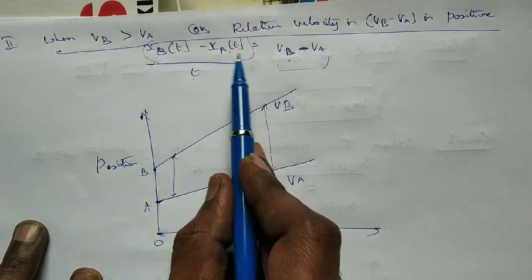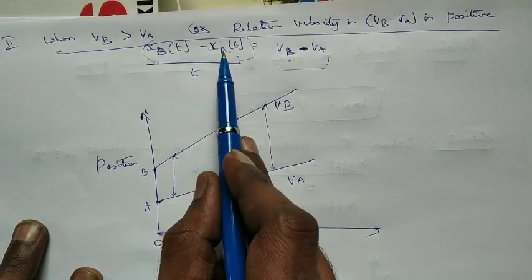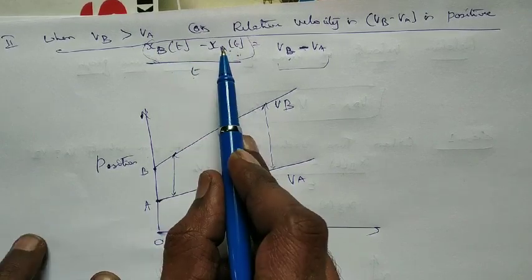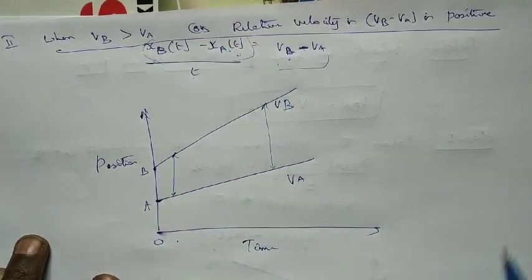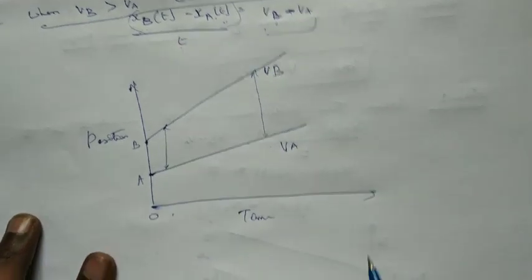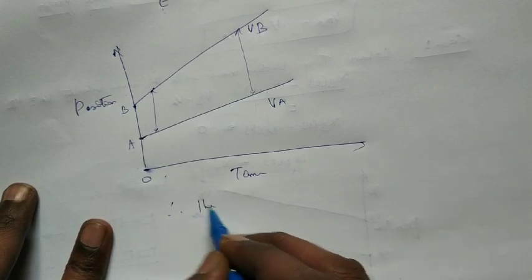So XB minus XA is going to be constantly increasing, and this is always going to be a little more, not much, with respect to the other one. So you will find this is a positive value here. Because of the positive value here, this is also going to be positive here. So you will find, therefore, the